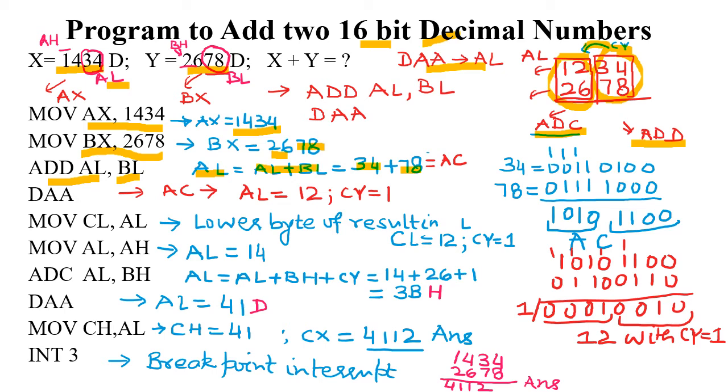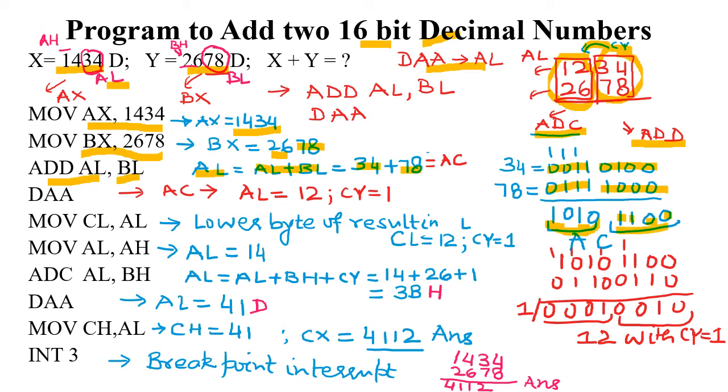You can perform this addition by converting it into hexadecimal. For 3 it is 0011, for 4 it is 0100. 7 means 0111, 8 means 1000. Add the numbers. 0 plus 0 is 0, again 0 plus 0 is 0, 1 plus 0 is 1 and 0 plus 1 is 1. 1 plus 1 is 0, carry 1, again 1 plus 1 is 0 with carry 1, 1 plus 1 is 0 with carry 1, 1 plus 0 is 1. Converted back to hexadecimal, this is equal to A and this is equivalent to C.